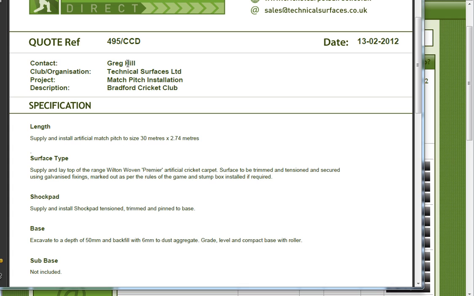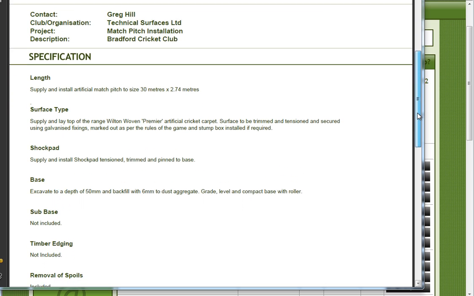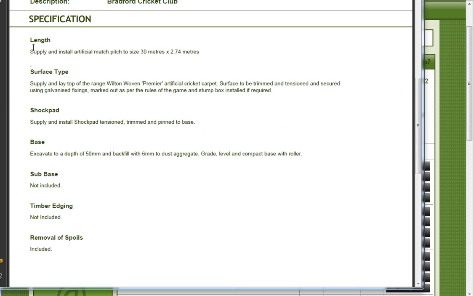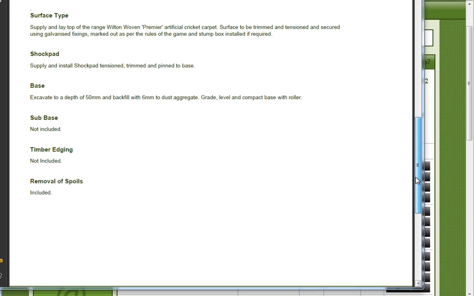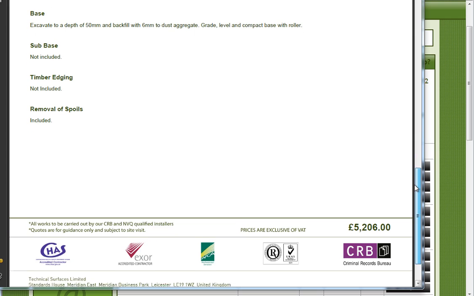It will obviously have my contact and name in there because I'm logged in. If it was the client, it would be his name and his contact details there, not mine. And then it gives a brief specification of what we've asked for. So length, surface type, shot pad, base, sub base we didn't select, so that's not included. Timber edging not included. Removal of sites, is it included? And then a price at the bottom,